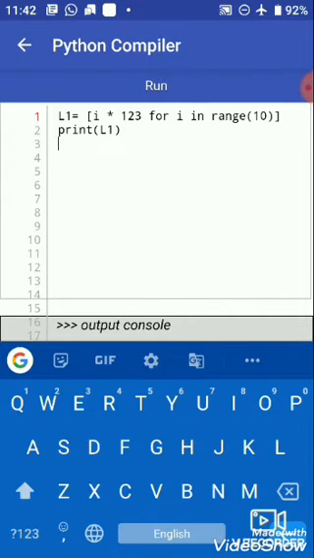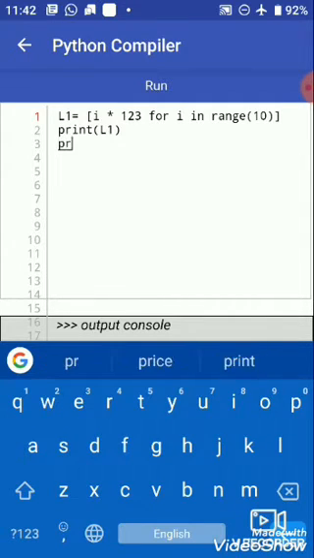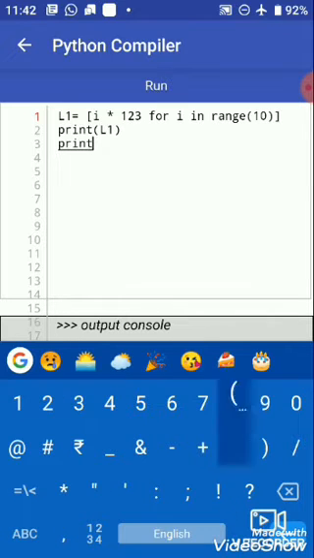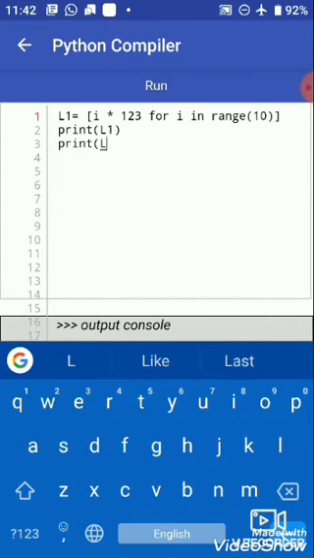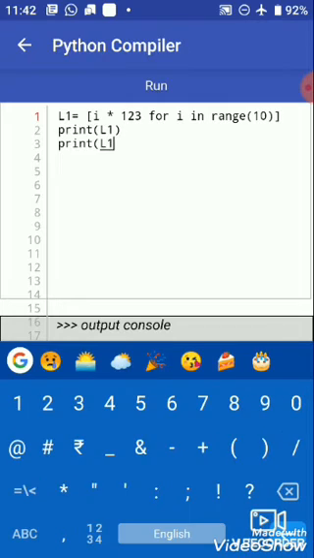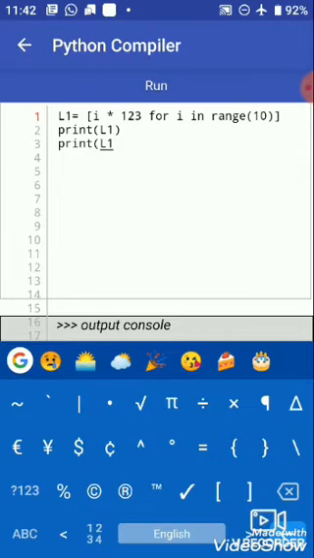So let's write print, then parenthesis, and inside the parenthesis the name of the list, which is L1, and we have to cut the slice. For cutting the slice, we use square brackets, and inside the square brackets we want to cut the slice from index number 2.